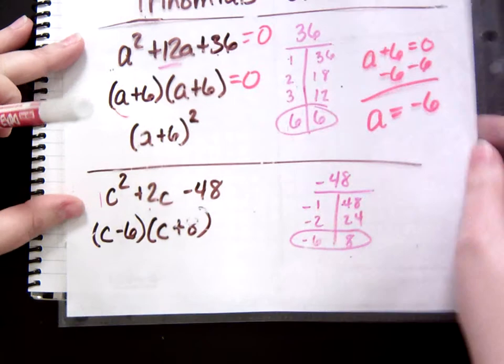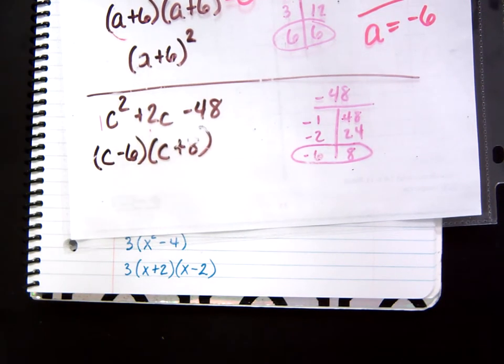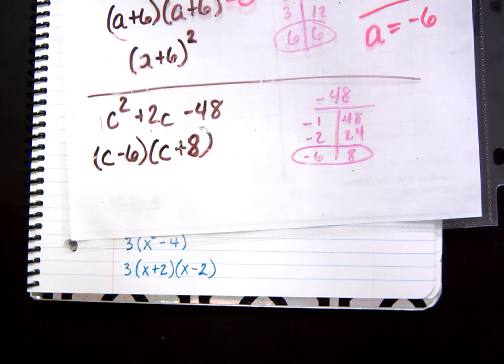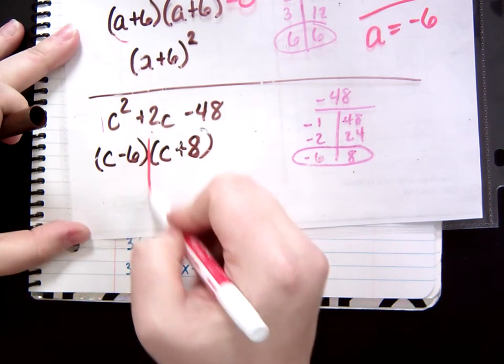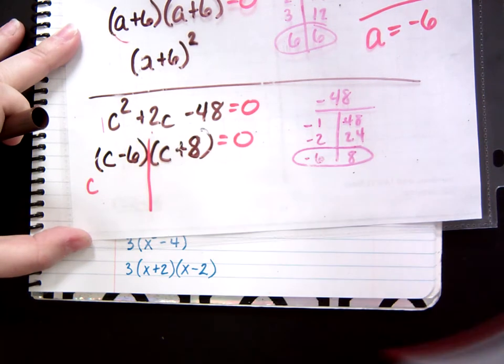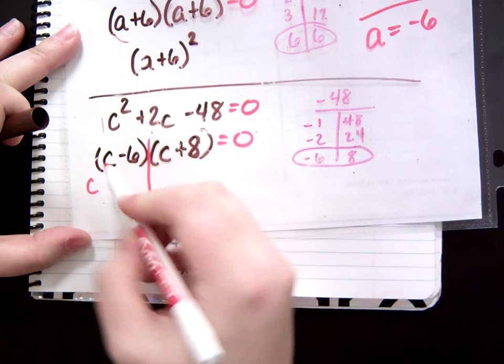But remember that many quadratics have more than one solution. Like this one is going to have more than one solution. And let me rewrite that. There we go. So what I'm going to do on this one is, if I'm actually solving, before I just was factoring, now I'm actually solving. Once you have it factored, you set each factor equal to 0